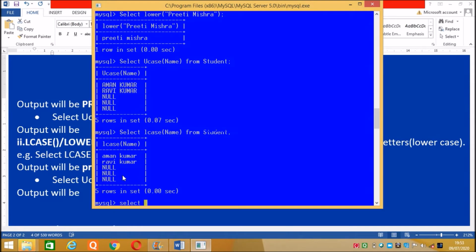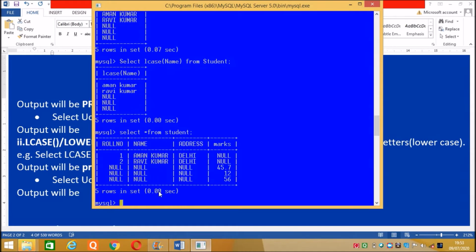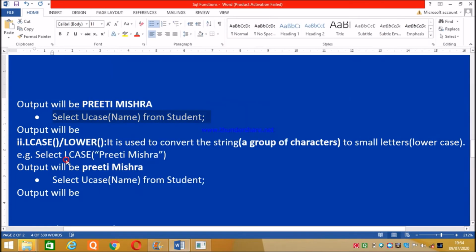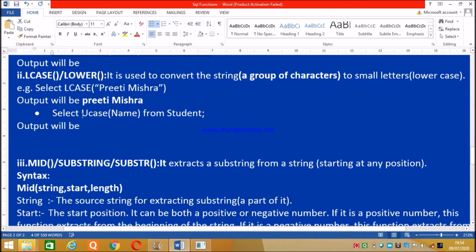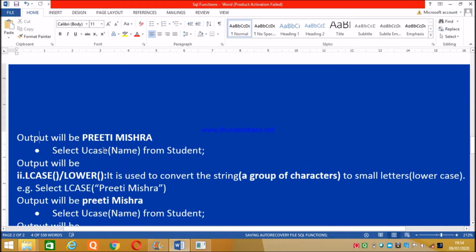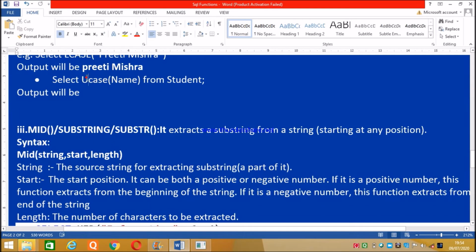If we write the select command, it will show you the previous record, meaning the permanent record. The permanent record is already in capital letter. So it will show just on a temporary basis. Now we have done lower also. Lower case we have done with L case. L case is for lower case. So here we have to write the L case. Now what is next? You can see here, this is wrong that I have written, so I am doing it correct. So I am writing here L case.